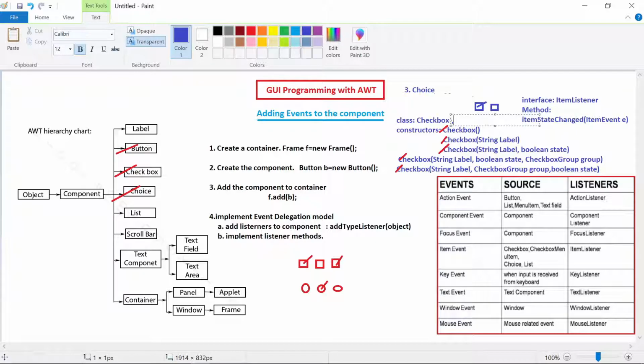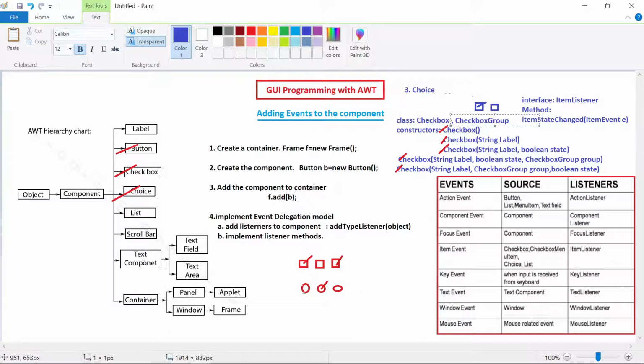Along with that, we are going to use one more class called the CheckboxGroup class. What is the use of this? It will group all these checkboxes into one group, and it will allow only one to be selected among that group. I am repeating once again, the CheckboxGroup class is used to group all the checkboxes that you are creating, and it will allow us to select only one among that group.